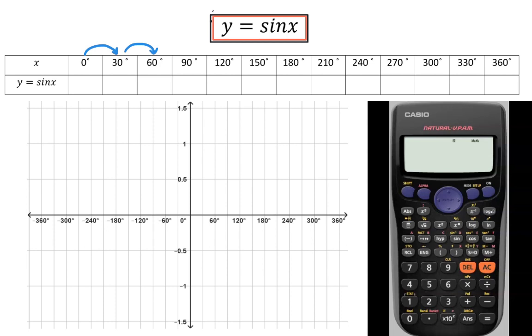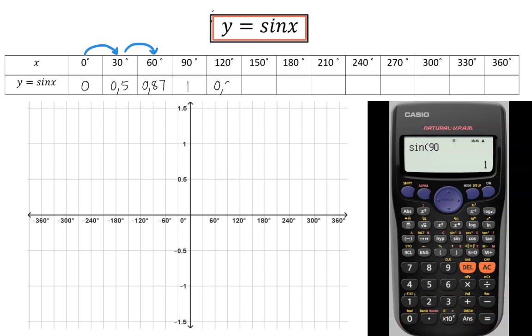So starting off, my first ratio is sin of 0 degrees, and that is 0. Next we have sin of 30 degrees, which is a half or 0,5. Sin of 60 degrees will be easier to indicate on the system of axes if it's in a decimal form. This can be rounded to 0,87. Next we have sin of 90 degrees, and that gives us a ratio of 1,